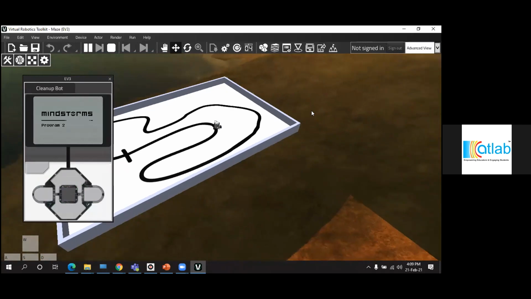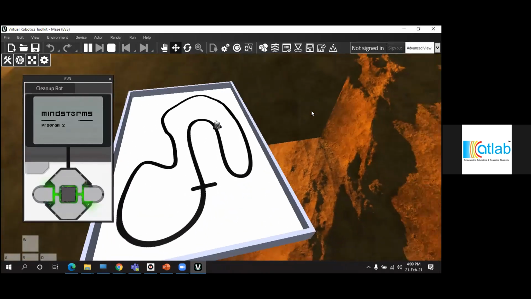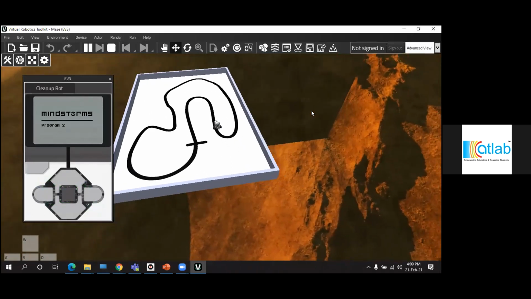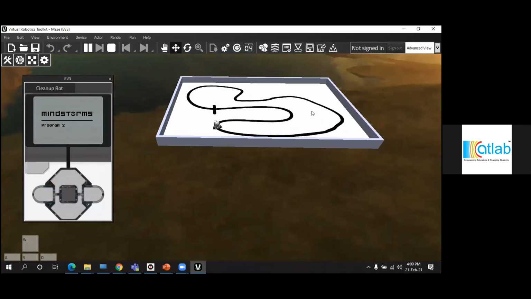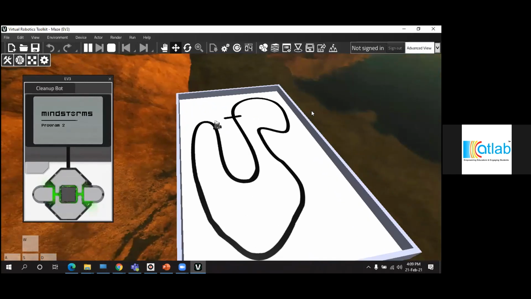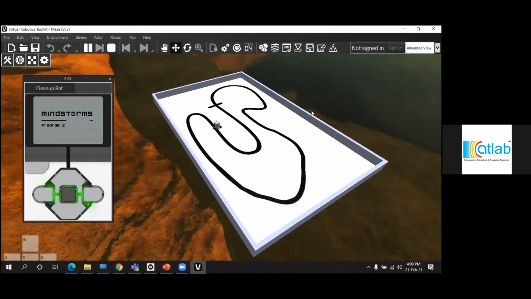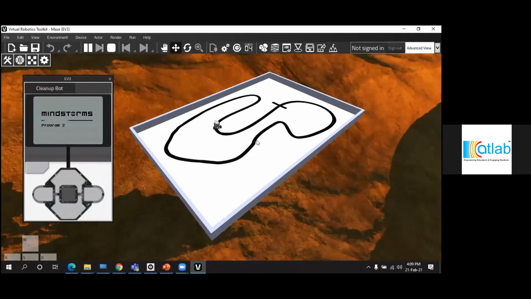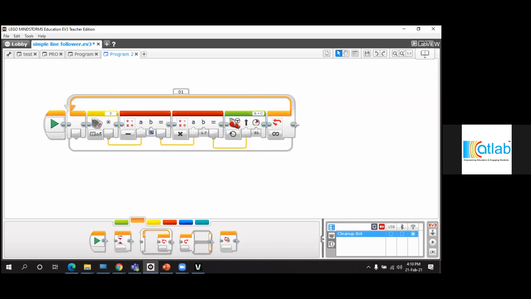As you can see, our robot is taking sharp turns because we have given the value as 1.7. You can either increase 1.7 or decrease it according to the turns you need. As you can see, the robot is coming back in the curve, which means you still need to adjust the value 1.7, or else you can adjust the speed, or else you can adjust these values. So your robot will follow the line based upon these three values. You have to keep on adjusting until you get a perfect line follow program.